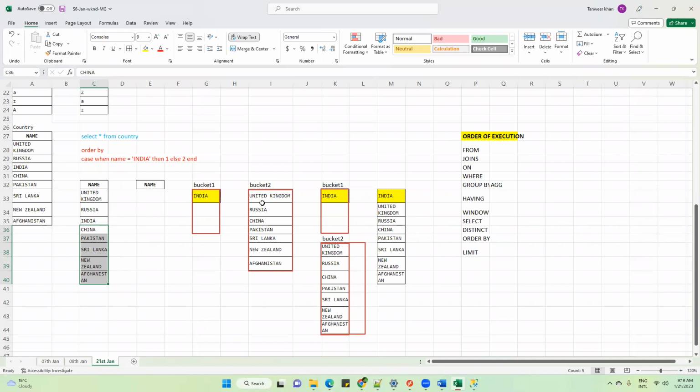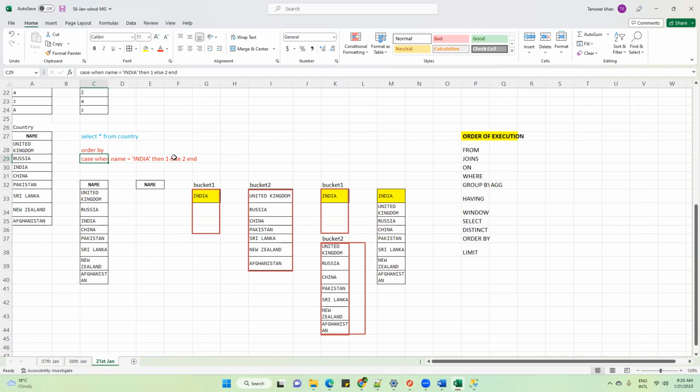So far clear? Yeah. So net from this, it seems that we are not doing anything about sorting. We are just creating buckets and segregating the data. Am I correct, guys? Yes. Then after that, we have written end. This end we have written because this is the syntax. Whenever you're writing case, you have to write end at the last. It means you don't have any other condition. You are closing this case.